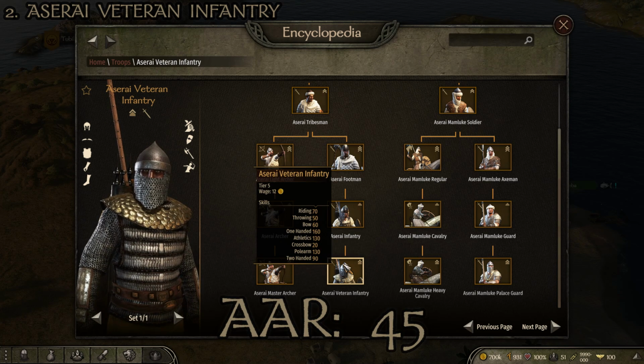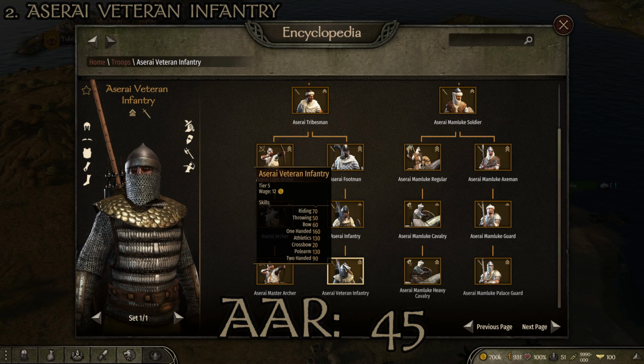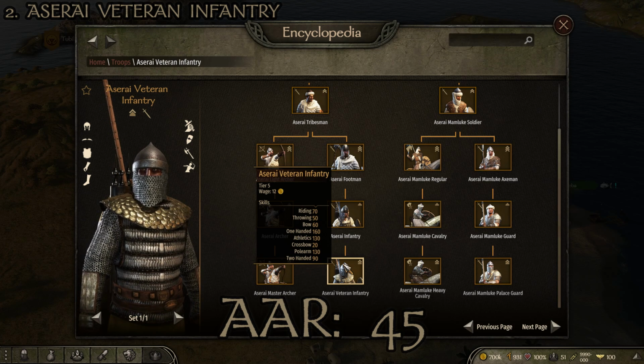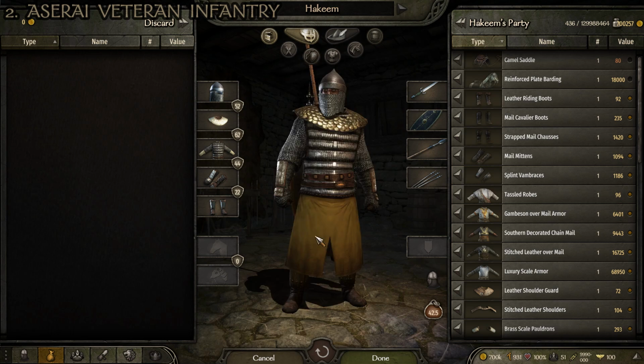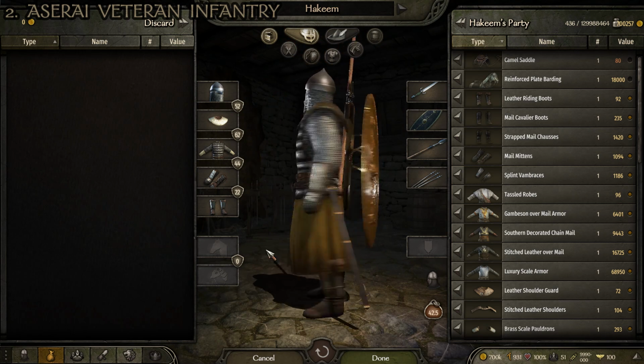As far as the stats for this suit of armor are concerned, we have a total weight of 38.06 kilograms, 52 for the head armor, 44 for the arm armor, 62 for the torso armor, and 22 for the leg armor, giving us an average armor rating of 45. So as far as this suit of armor is concerned, not a lot of weaknesses here. Brings us into the top 10 as far as troops in the game are